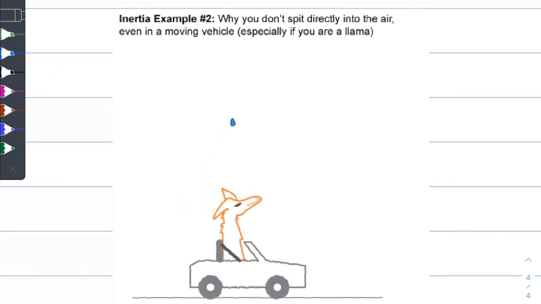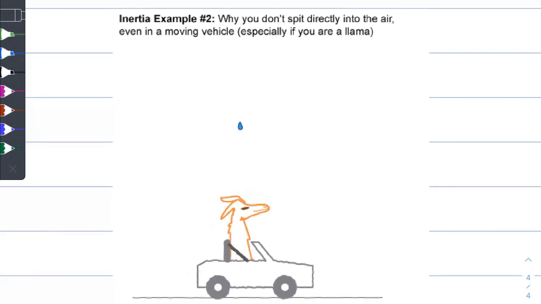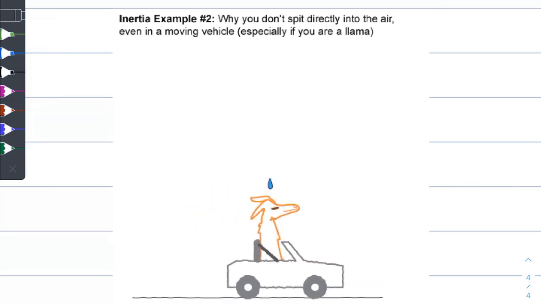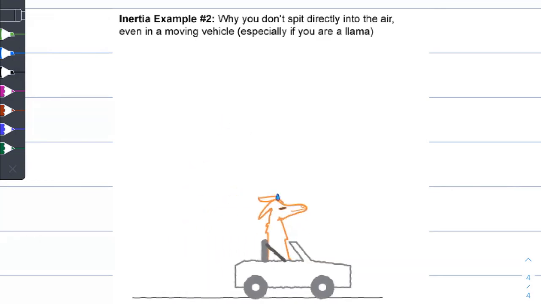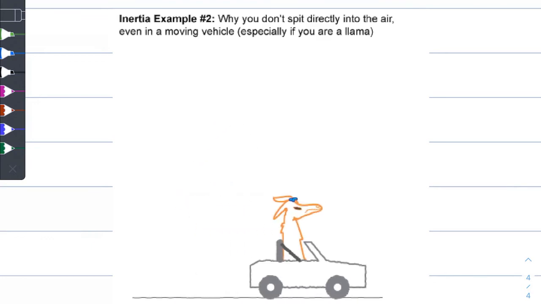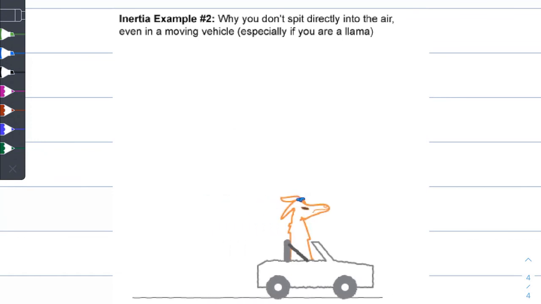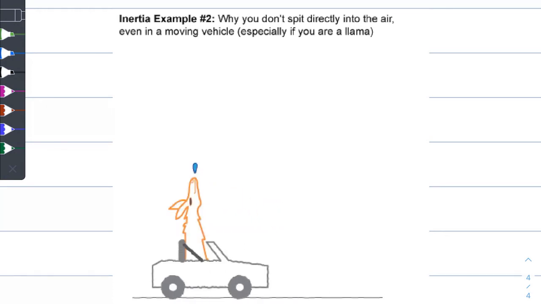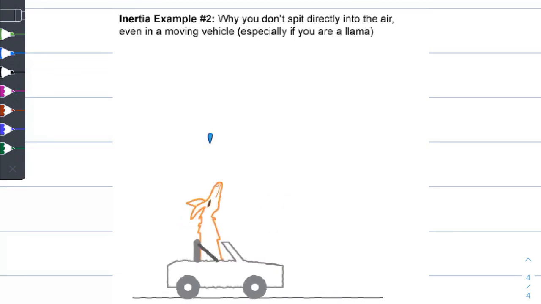And that's why if you're ever in a car and you throw a ball up in the car while you're in motion, that ball stays there with you because it's moving with you down the road. And so when you throw it, it's actually moving forward. Just like the spit of the llama. If it spits straight up, it has that forward motion with it, and so it would land right on top of the llama's head. So here is Newton's first law of motion in action. Now you know why you got to wear a seatbelt, and why when you throw something up in a car, if you're in the front seat, it doesn't fly to the back seat, it stays right there with you because of Newton's first